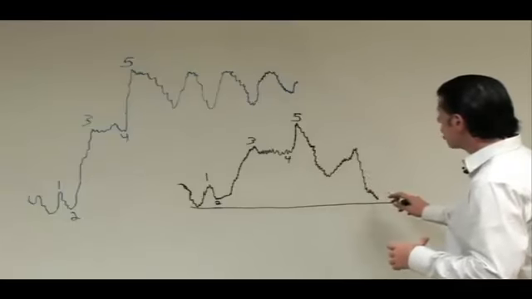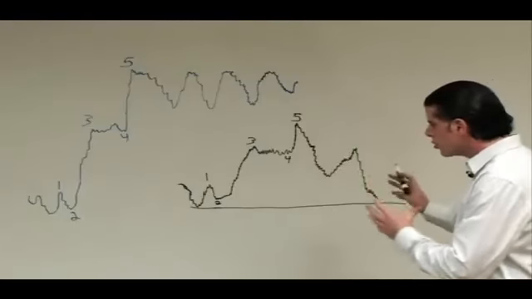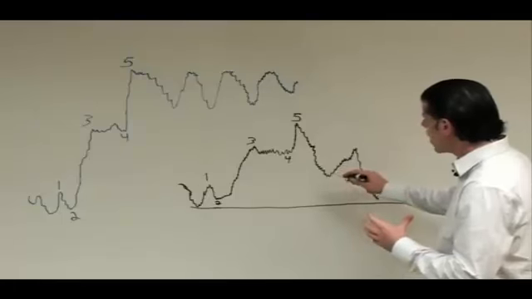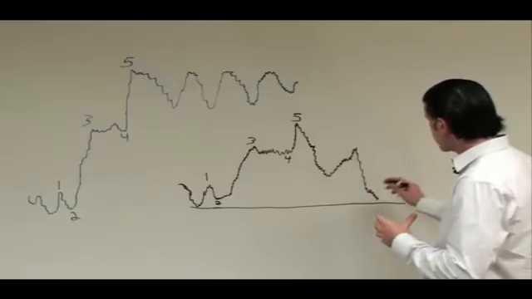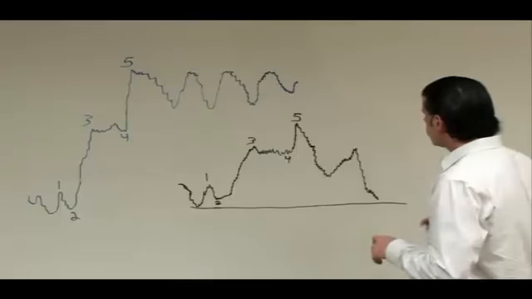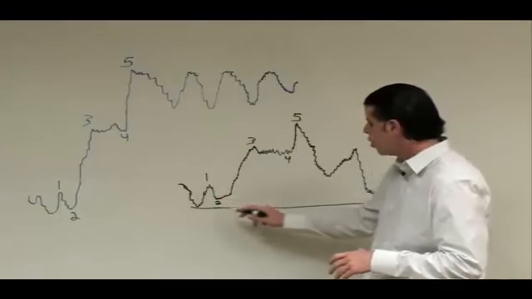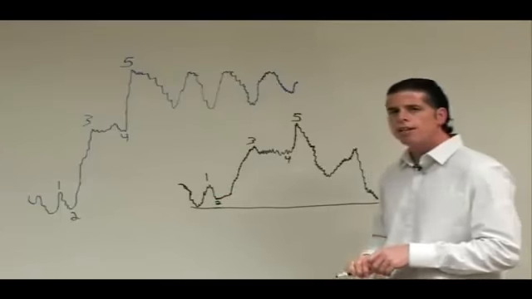So as prices do come down, as long as I can kind of loosely count a correction, this could be an A wave, this could be a B wave top, and prices right now could be in that C wave, I would look to enter at the level of the first low and place my stop maybe 50 to 75 pips